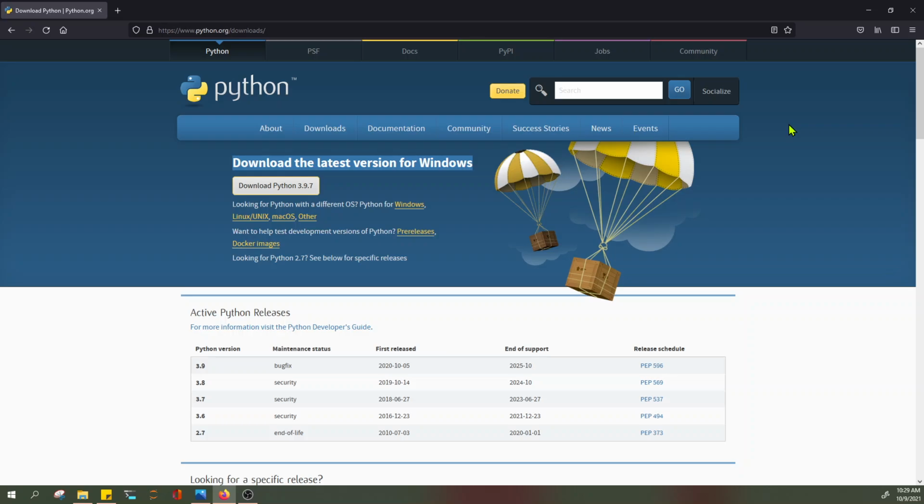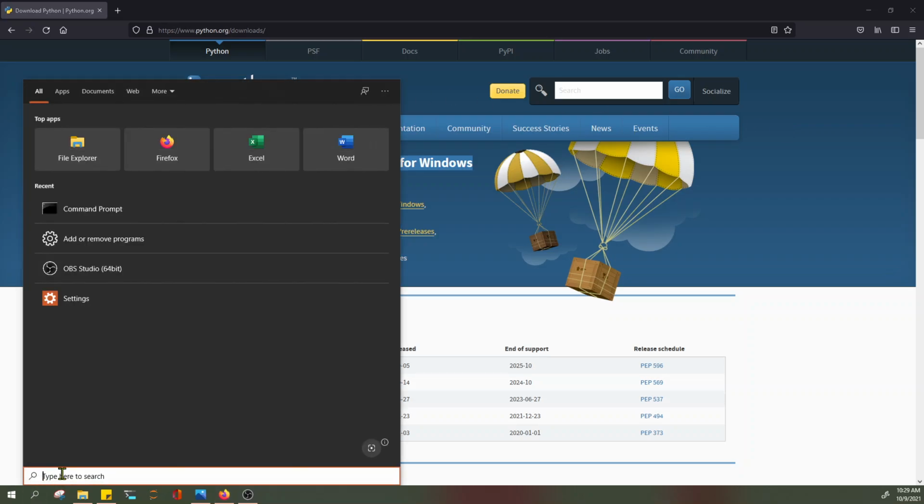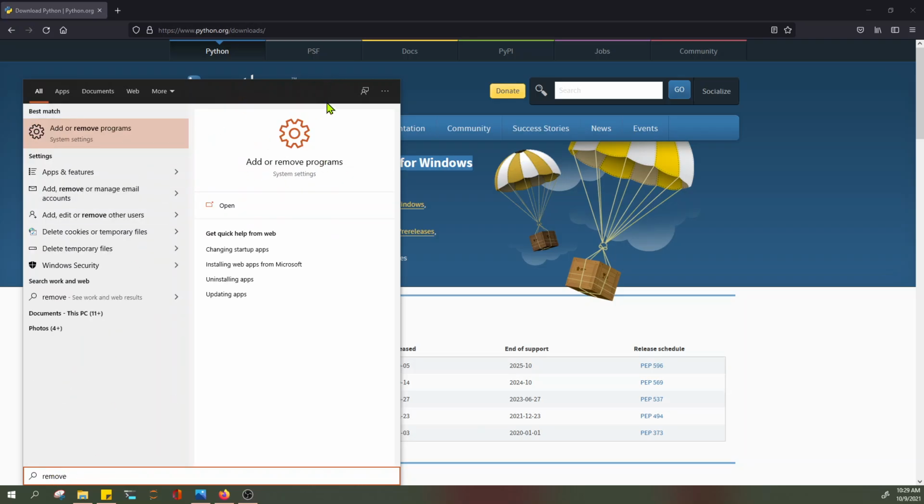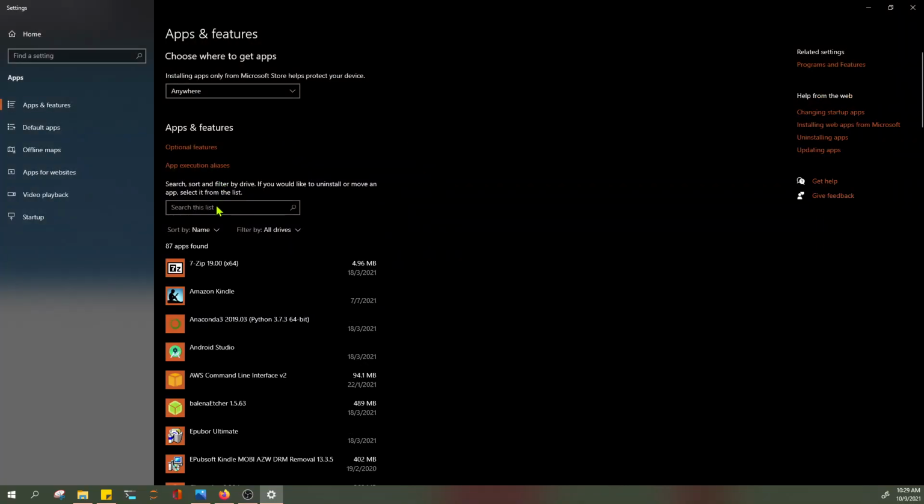Now for those who need to install one more time, I would like you to go to the search function one more time and type remove. You should see a gear icon that shows add or remove programs. Hit this icon and search for Python. All right,